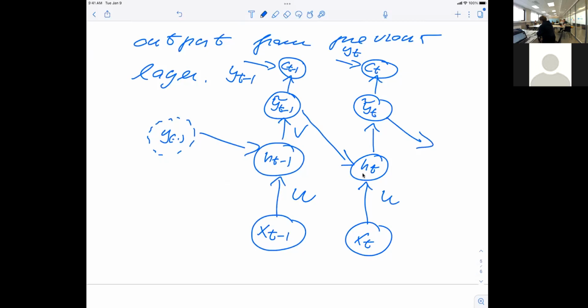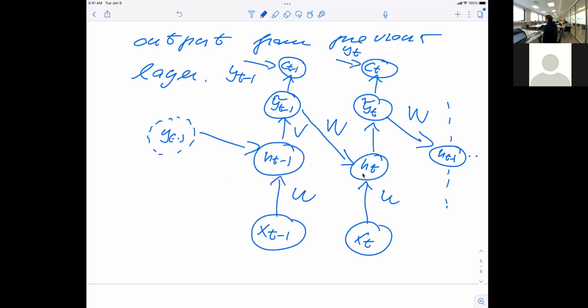So the weights which we had previously, which connected the hidden layers, are now weights which just connect the output with the next hidden layer. So we would have the output here, which then feeds into an H t+1, and so on. Just putting dots here to indicate that this is a very repetitive structure. So people often oscillate between these two types of network setups. Normally, this one has been less used because it often gives a worse reproduction of the data.